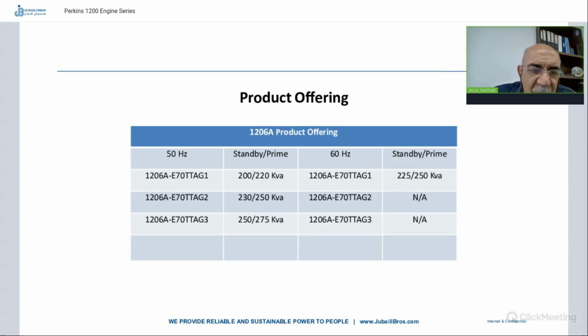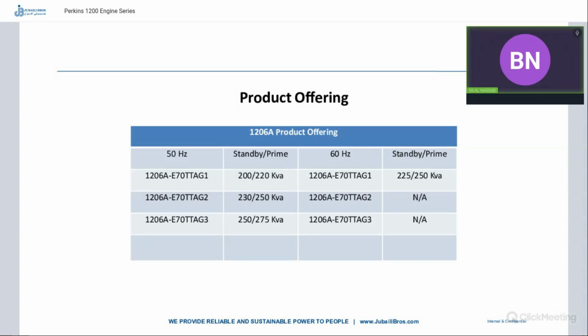TT stands for turbochargers. Let me close the video to concentrate on the lecture now. So TT means that we have two turbochargers connected in series on this engine. A stands for air cooler, a radiator that will be cooling down the compressed air, which is compressed by the